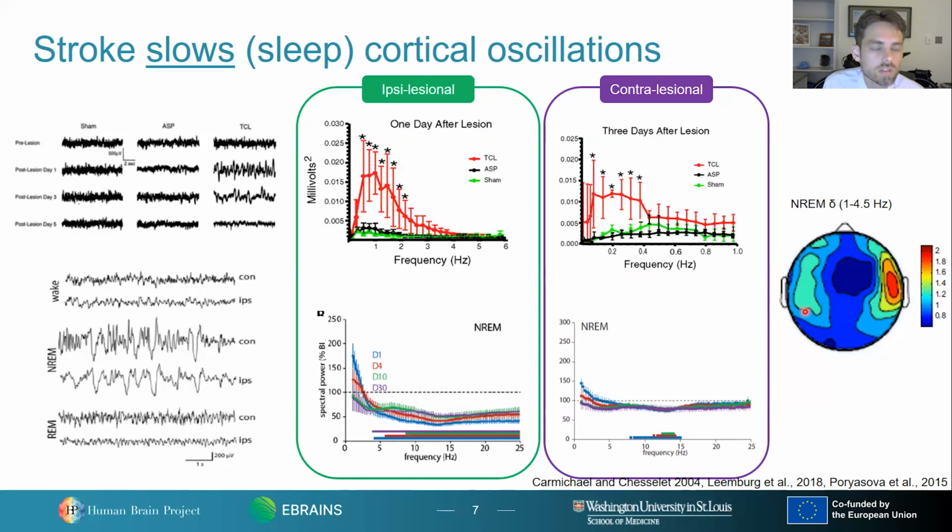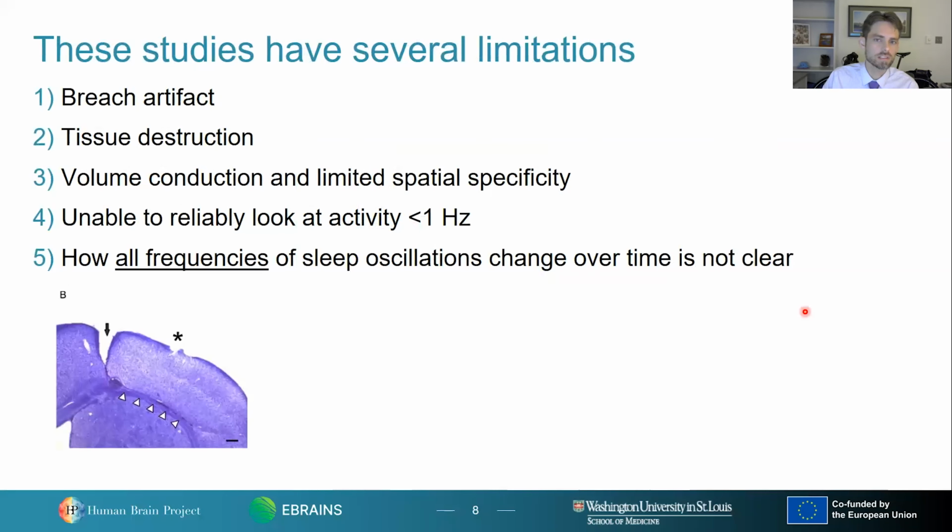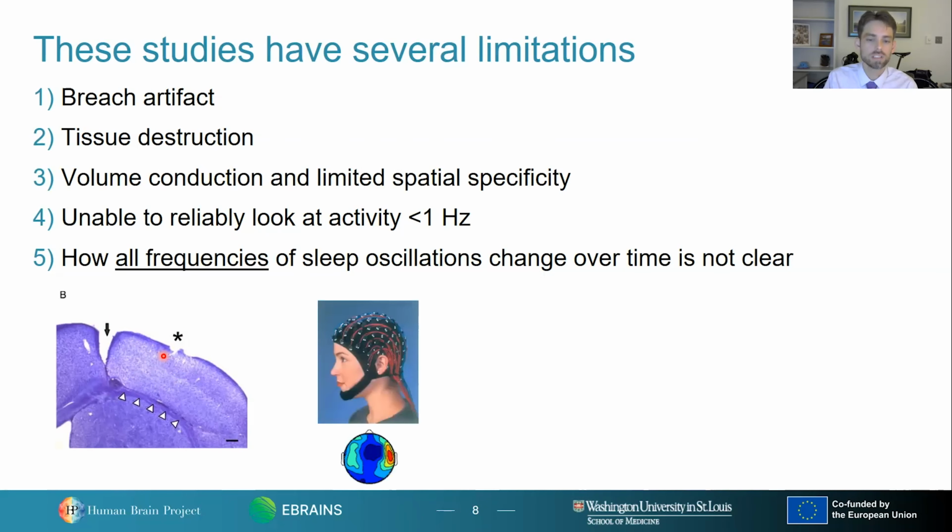So overall, these results suggest that oscillations during sleep seem to be impacted by stroke. But unfortunately, some of these studies have had limitations. Whether it's in animal models or surgical models, we have to worry about breach artifact and tissue destruction from invasive recordings. And while I'm a big believer in high density EEG, that's what I learned as a PhD student, we do have to deal with volume conduction and spatial specificity, albeit source localization and the work of the Milan group is